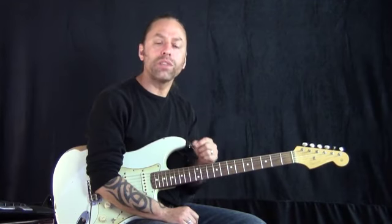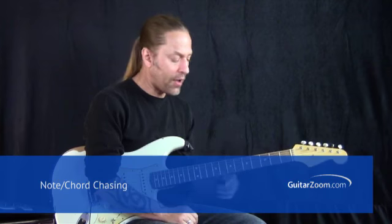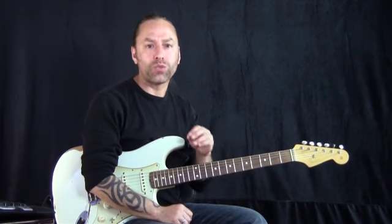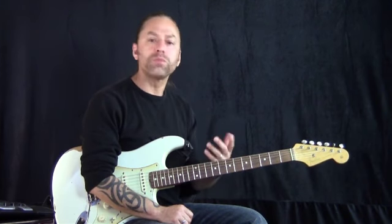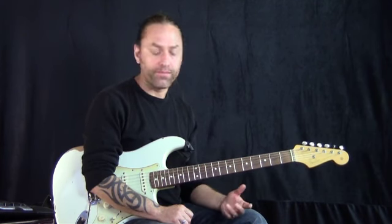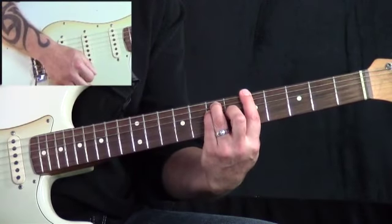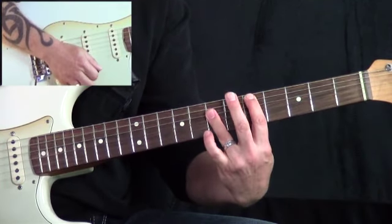So now what we're going to do with that idea, though, is I want you to start thinking about this on a real basic level. If I was playing over a blues progression, okay, 12-bar blues, we're going to be getting into that as well real soon here. But blues is based off the 1-4-5 chord progression, okay? So if I thought about this and I took this A chord and this D chord and this E chord,